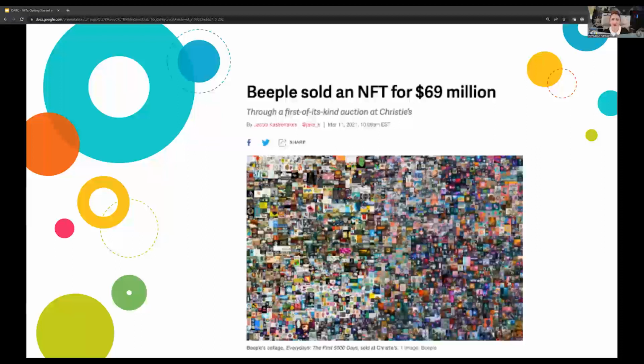But NFTs are disrupting power balances in the art market in big ways, such as the artist Beeple, who sold this NFT artwork, which is actually a collage of many of his different digital artworks together. And this sold for $69 million.